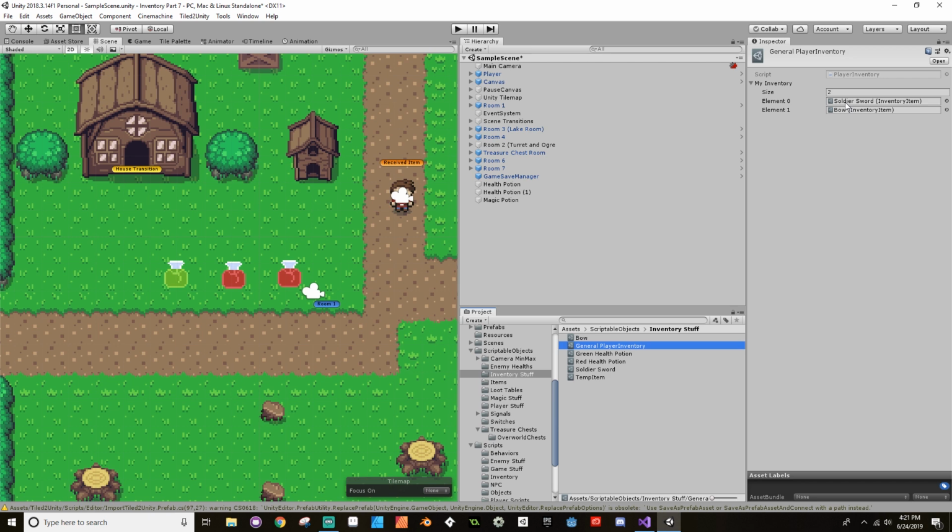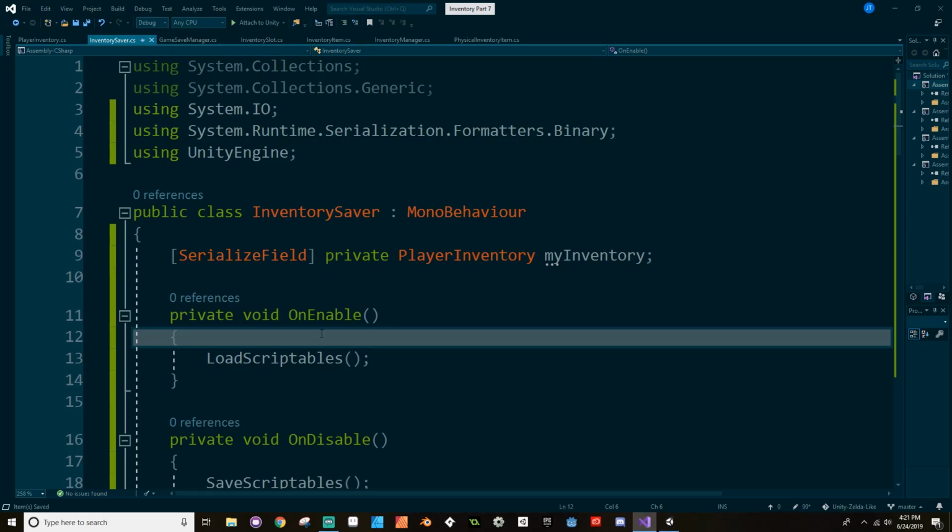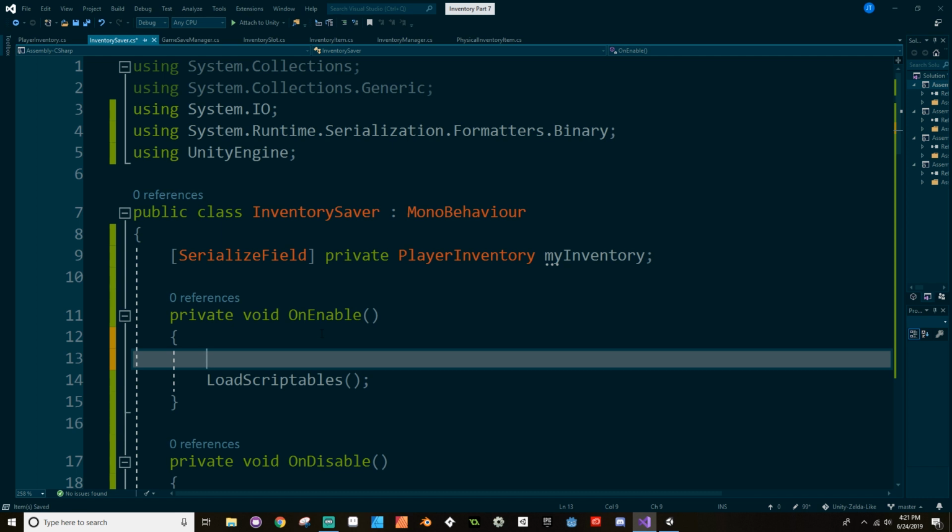So what I'm going to do is save each of these as their own individual file. Now, that means that when we reload the game, the inventory is going to know that it should have two things in it, but it won't know what they are. So we need to tell it to clear anything that was in here, to go back down to 0, and then when we load stuff in, we're just going to add it onto the list based on where it is in the inventory file. So to do that, in onEnable, before I load the scriptables, I'm going to go to